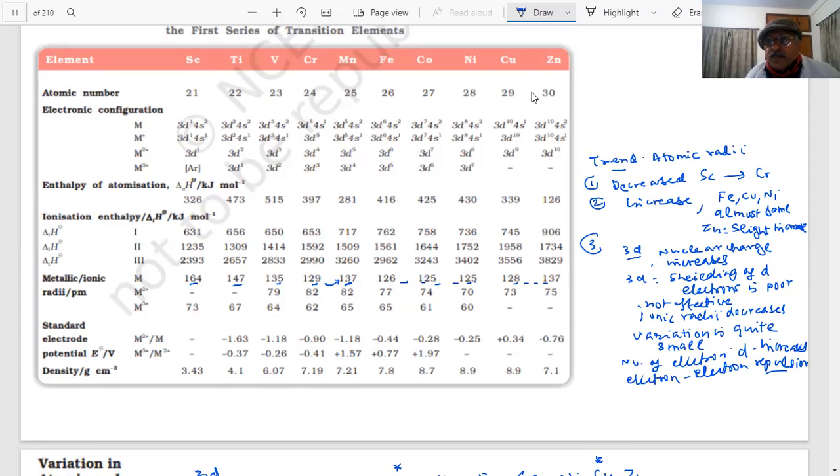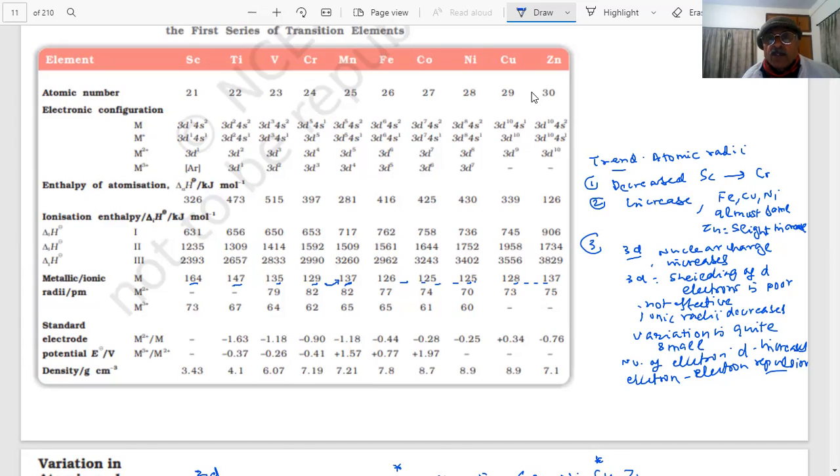That is the reason, student, in the case of cobalt, nickel, copper, you can see these two forces are almost balanced: the electrostatic force of attraction between the nucleus and the outer electrons, as well as the electron repulsions. Electron repulsion will try to push the electrons away from each other. As you are adding more and more electrons into the d, we have d3, d4, d5, d6, d7. Then as the electrons become more in the d orbital, there will be stronger electron repulsions also. So there are two factors, not one, student.